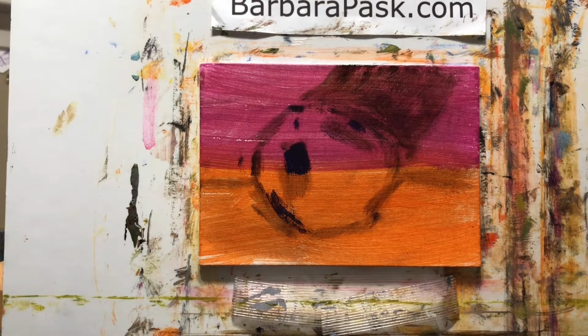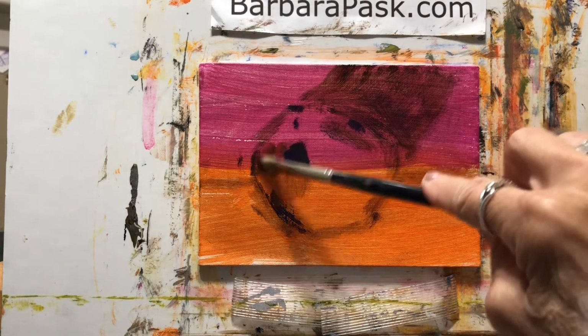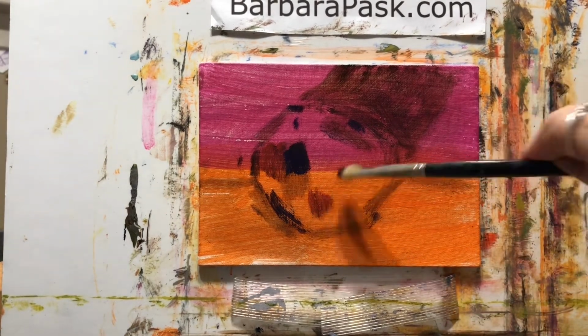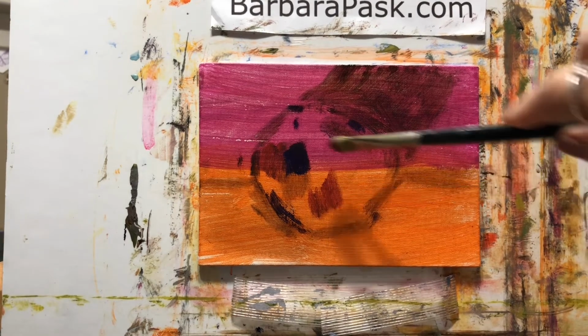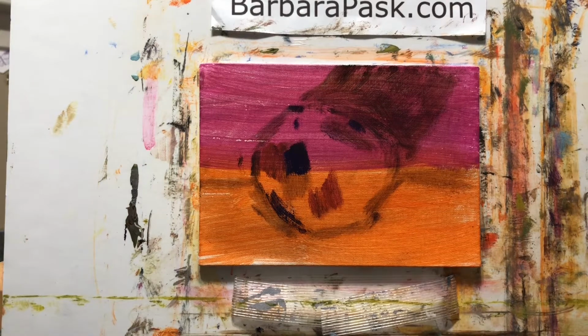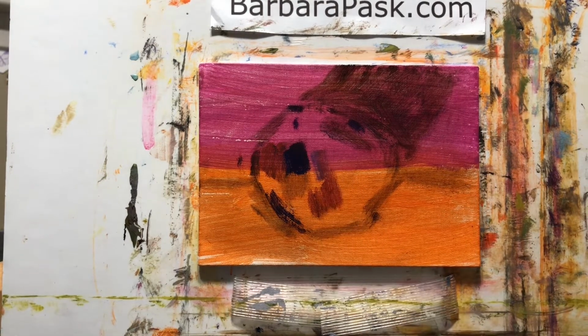I'm probably just going to be jumping around, just, you know, instinctively working. This to me looks a little warmer in this area. And we'll think about that texture of that onion too. But I've got some pretty colors here, you know. I've made some purples and